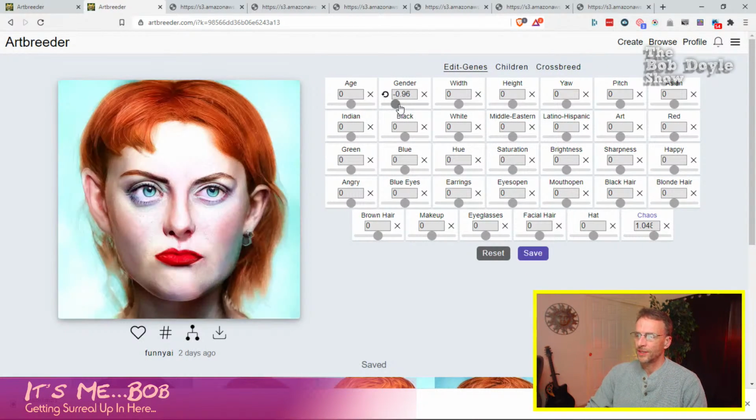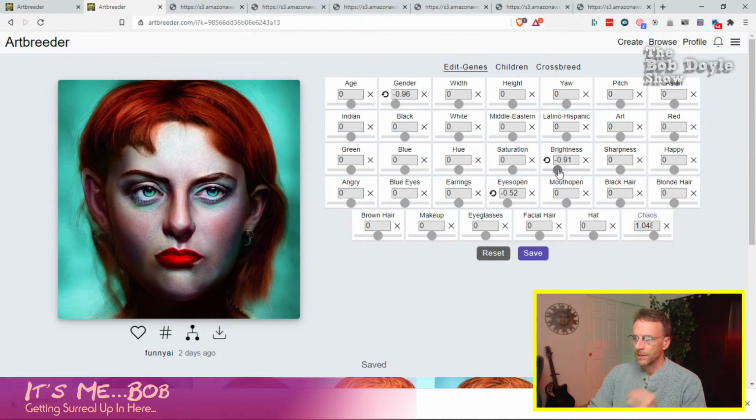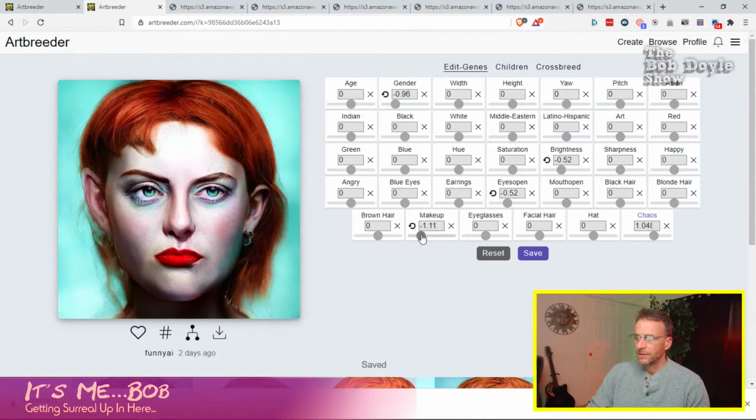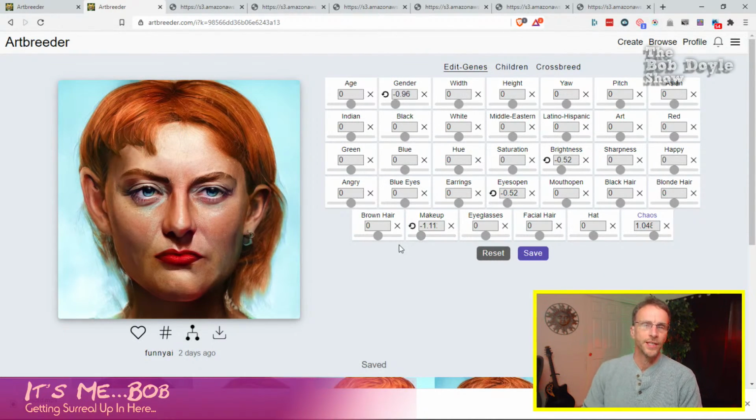And change the gender, right? Close those eyes a bit, give her a glare, take the brightness down. Whoa, that's a little too much. I find that if you take the makeup off, you can get some really cool effects.